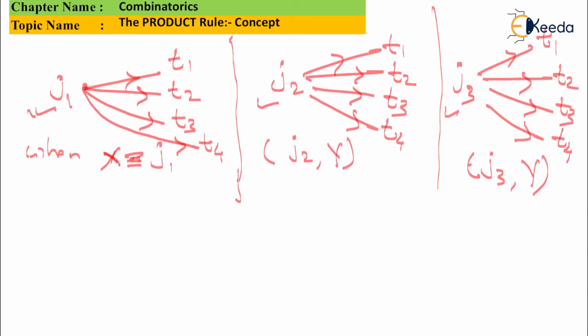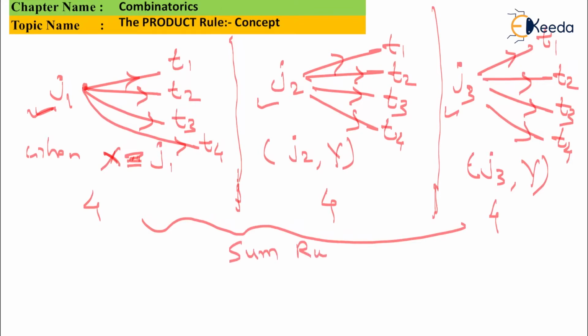When you are supposed to buy only jeans j1, how many choices do you have for the t-shirts? The number of choices is equal to 4. When you are saying that I'm going to buy the jeans j2, how many choices do you have for the t-shirts? Again 4, because no matter what jeans you have selected, it is not going to hamper the choice about the t-shirts. The same thing about jeans J3. How many choices do you have to buy t-shirts? It is 4. Now all of these numbers come together under the sum rule,